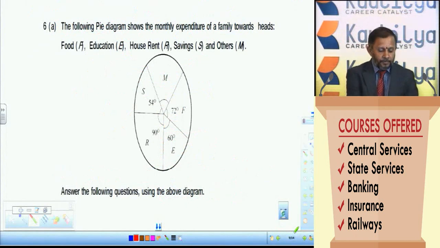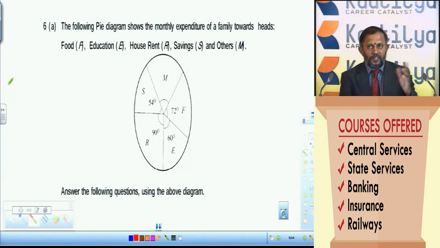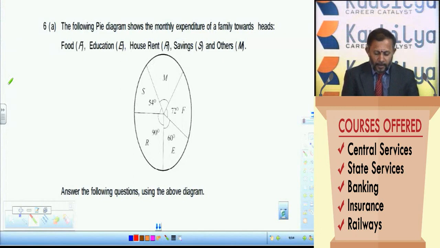And here is one more question which appeared in section 2. Questions 1 to 5 appear in section 1, and questions 6 to 10 appear in section 2, and it is from a previous paper relating to diagrams, that is data interpretation. The data is given in the form of a pie diagram. In case of a pie diagram, we can get two concepts: the data in the form of degrees, because in a circle the total angle must be equal to 360 degrees. Sometimes it may be given in terms of percentage, so there we observe that the total is equal to 100%. But here the data is given in terms of degrees.